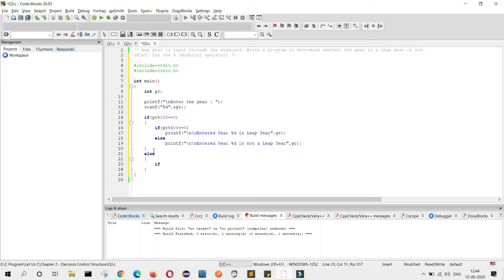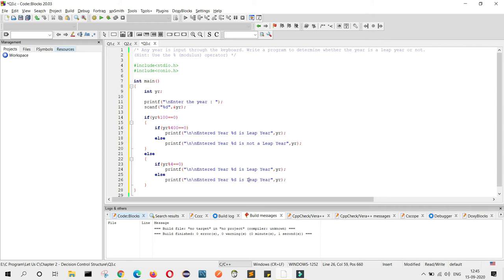If year % 4 equals to 0, if it is totally divisible by 4, then this is a leap year. Then the print statement is a leap year, else is not a leap year. Let me check it once again.